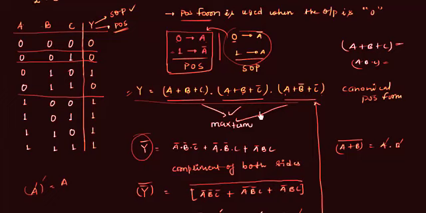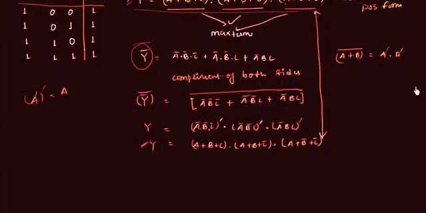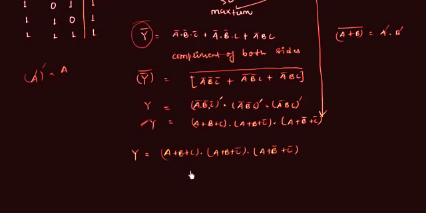You can use Boolean algebra to reduce this canonical POS form to the minimal POS form. I am going to do it quickly, and in the next presentation we will solve a few more examples on the POS form. So the function Y is equal to A or B or C and A or B or C complement and A or B complement or C complement, and we want to reduce it by using Boolean algebra. This is good practice for you because you have already studied Boolean algebra.